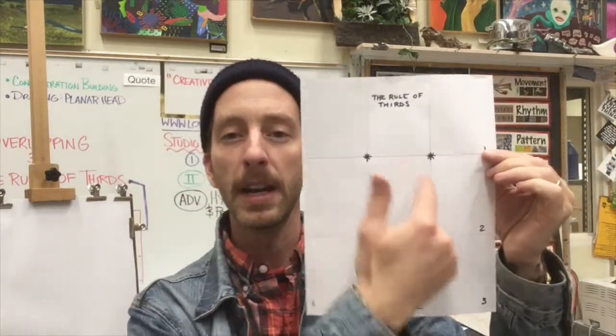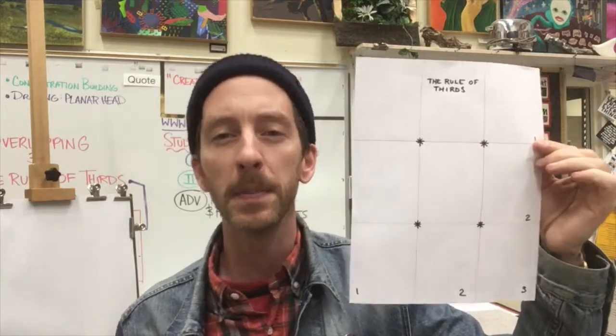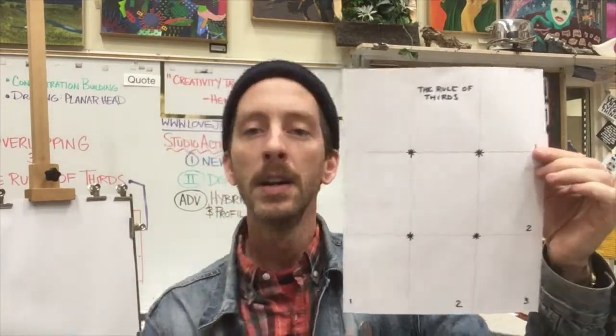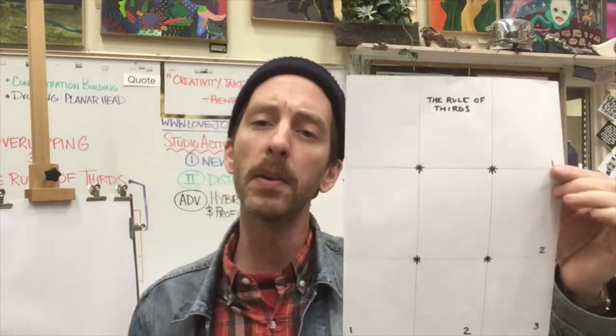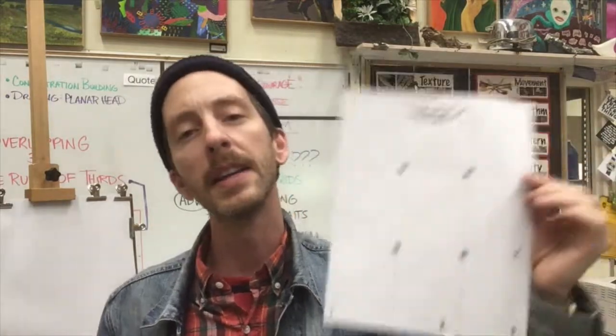It keeps us from creating what I call a bullseye composition. Anytime you put something right in the middle of your paper, it's going to be kind of boring. So if we put it off-center, it's going to have more interest for the viewer. It's going to hold our attention longer. Another thing that I did in my drawing